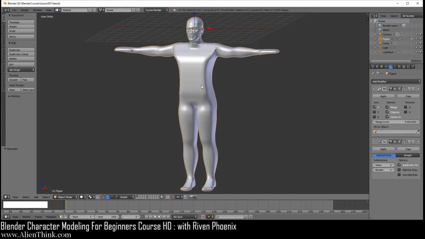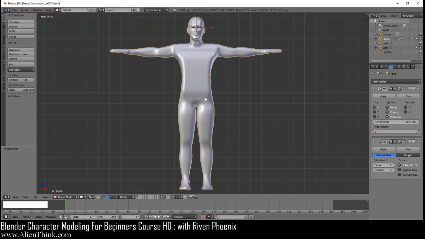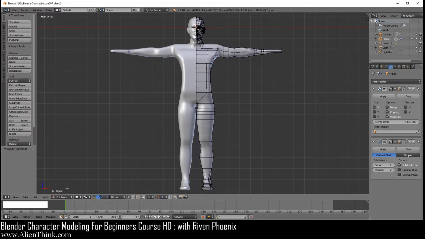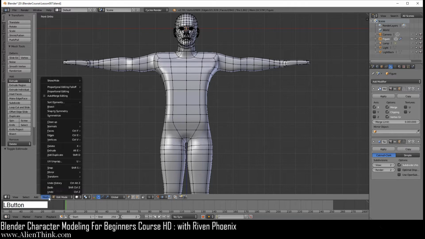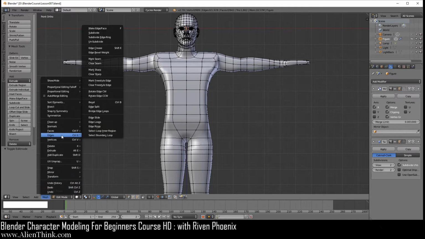So what we want to do is make sure that we are in our front view. Then here I'm going to go ahead and switch to edit mode. And I'm also going to go ahead and make sure that this is selected. Okay. And let's go ahead and turn this off, so it should be grayed out. And the other thing that I'm also going to make sure is the snapping is on and you're still on increment. And make sure that under the mesh edges, under the rotate edge, you're just going to right click at shortcut, hover via mouse and do Control A. So this is the same shortcut that we've been using.